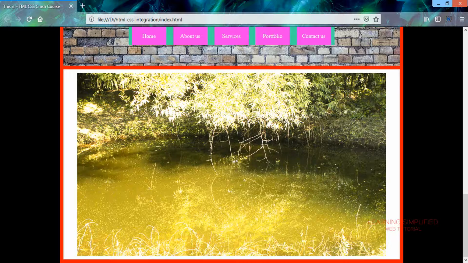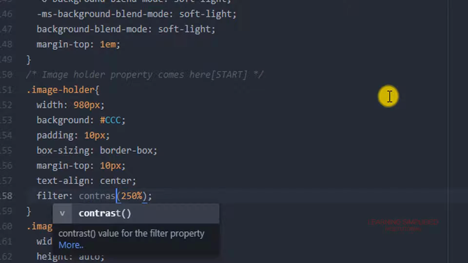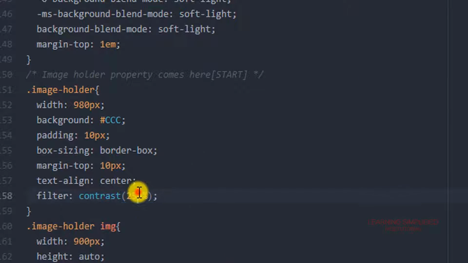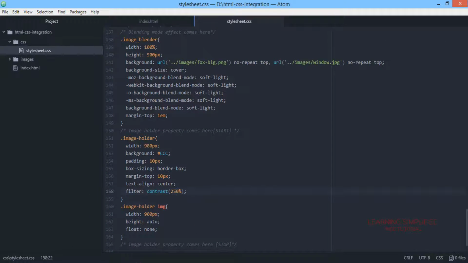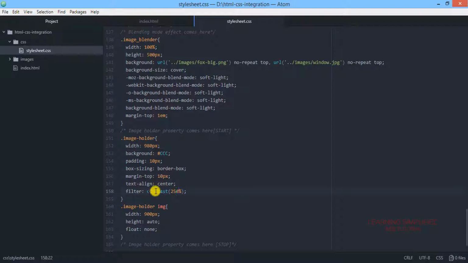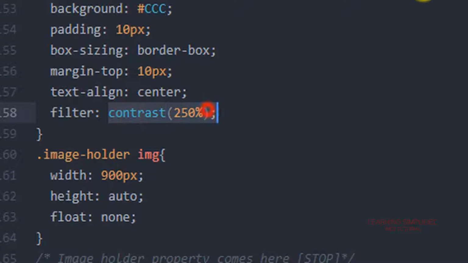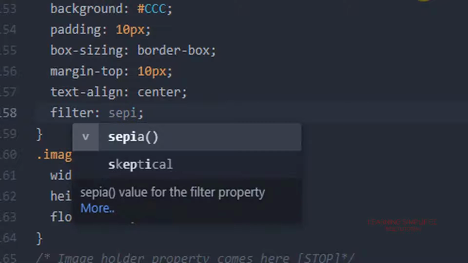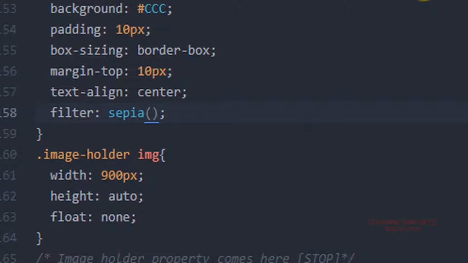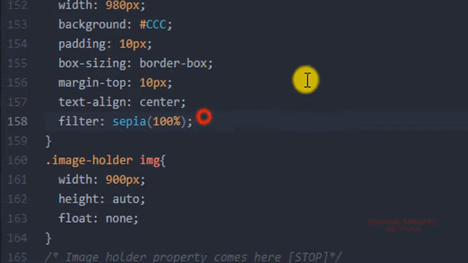In the same manner, if we want to increase the contrast level, say we have increased the contrast level to 250%, then reload, and you can see that this will be the output. That means we have used either a brightness or a contrast, or if we use sepia here and make it 100%, sepia is a value that uses a percentage value.